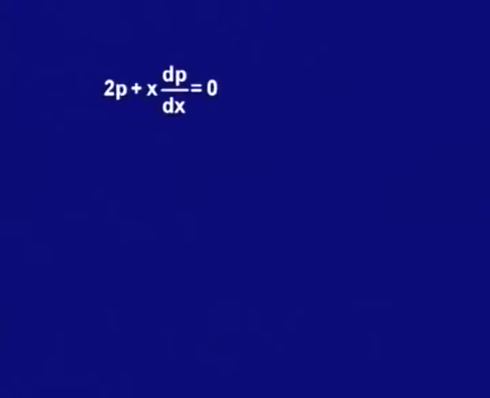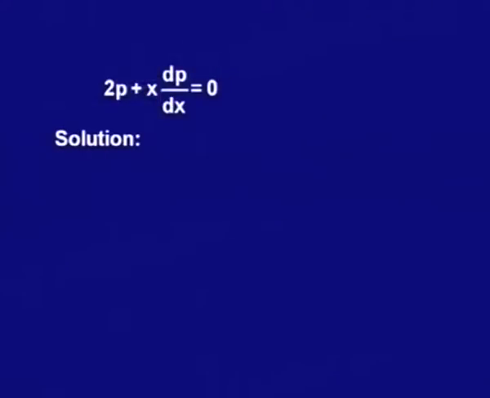The first equation is 2p plus x dp over dx is equal to 0, and the other equation of course we will talk about later on. This equation is actually a differential equation in p and x. So, we will treat it as a differential equation of first order in p and x, where p is a function of x. So, we can solve it. We do know the method to solve these first order equations. So, we just use again the variable separable method. We get 2 dx over x plus dp over p is equal to 0.